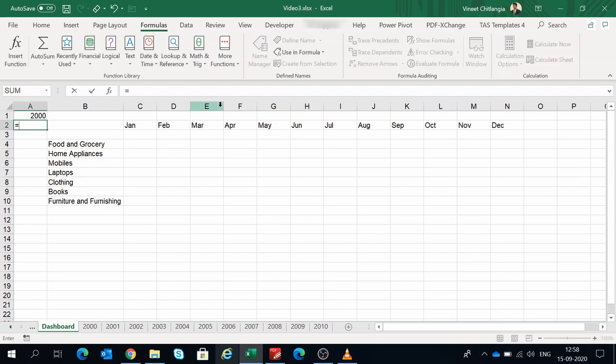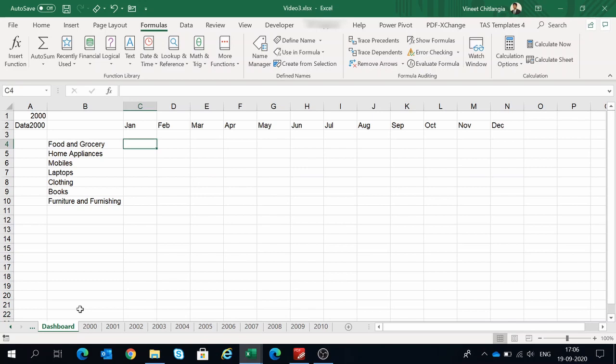So I'll press equals, enter the string data, enter the ampersand, which is used for concatenation of strings, and I'll reference the cell A1. Pressing enter, you can see that data2000 appears in the cell A2. If I change it to 2001, it automatically changes to 2001. If I change this to 2005, it will change to 2005 and so on. For now, I'll just keep it 2000.